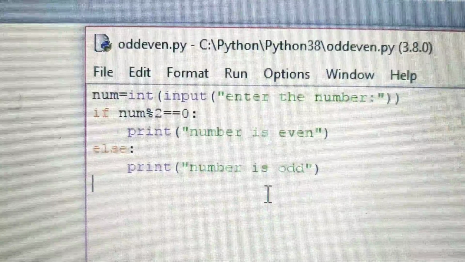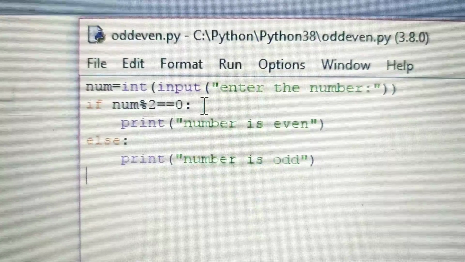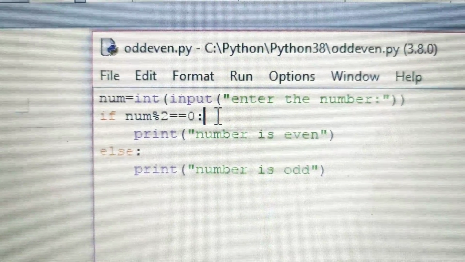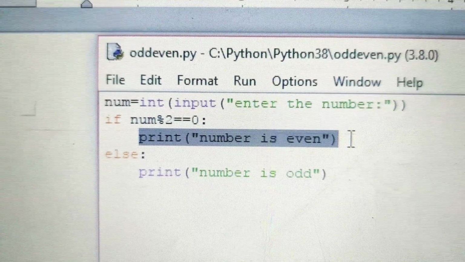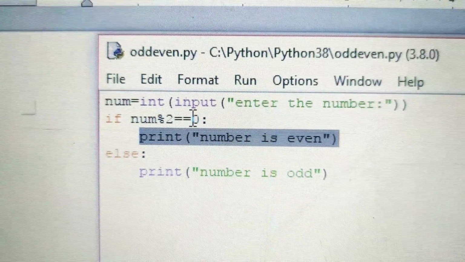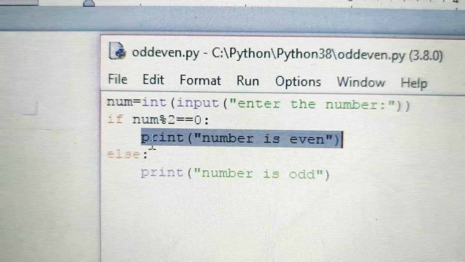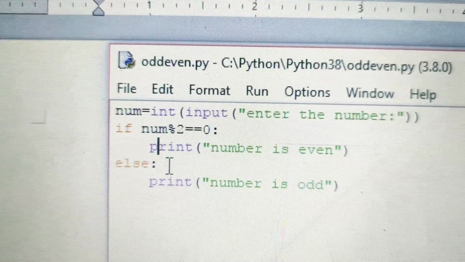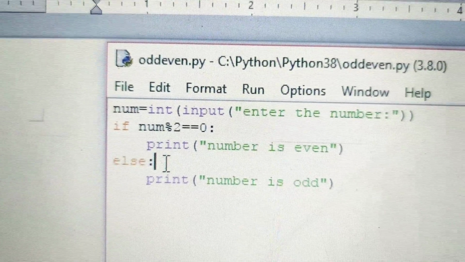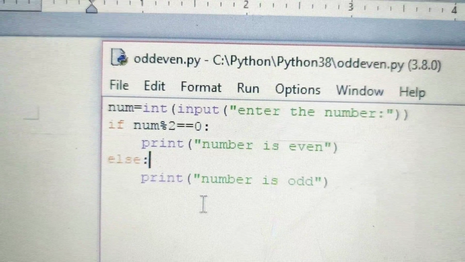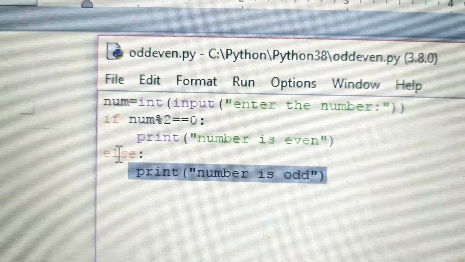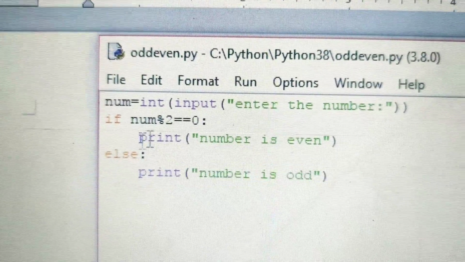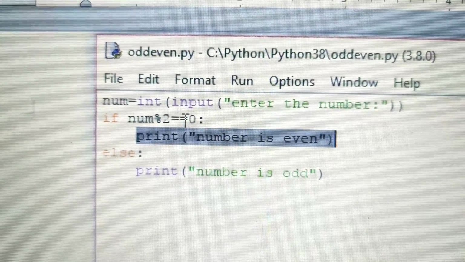And as I have already told you in the previous program, we have to put the colon to show that this print statement will be executed if the condition is true. We have to indent it. In the same way, we have to put the colon after the else also, to show through the indentation that this statement is part of else and that statement is part of if.